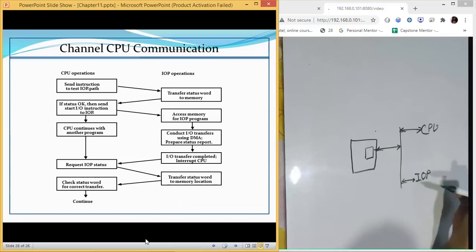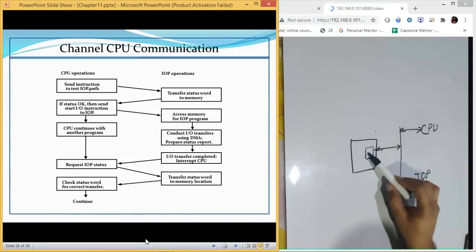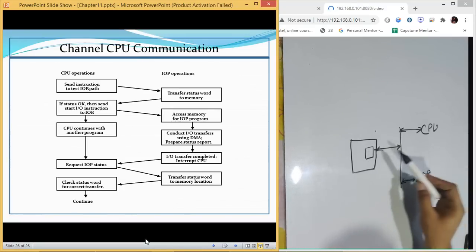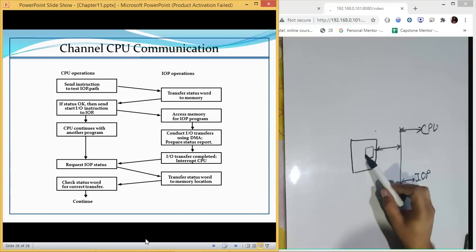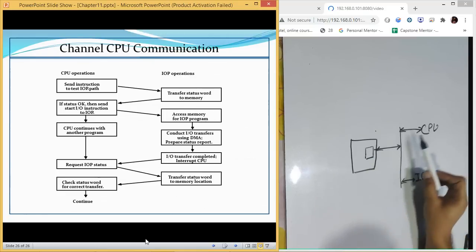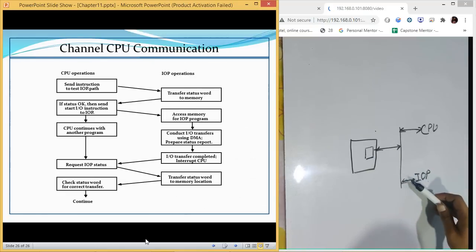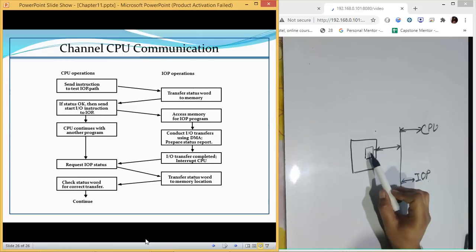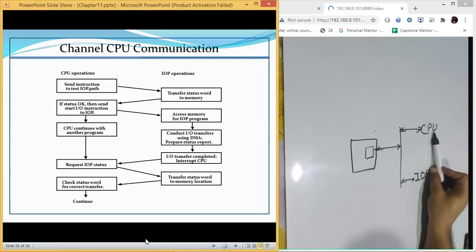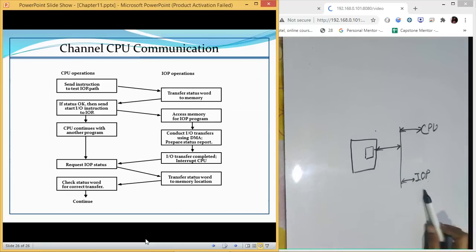When the CPU wants to talk with the IOP, it sends a message to this place. The IOP reads this place. The CPU writes at this place, and the IOP reads from that place. So there is a shared memory inside the system, which is accessed by the CPU as well as the IOP.